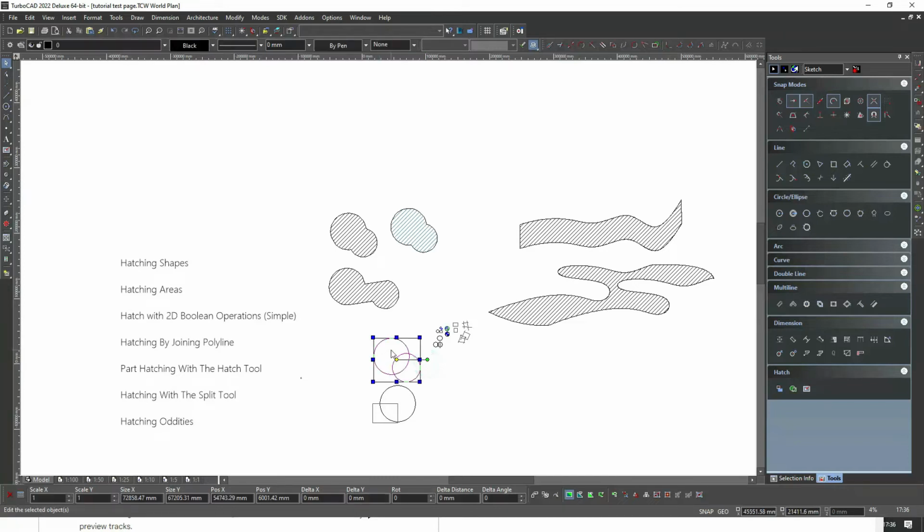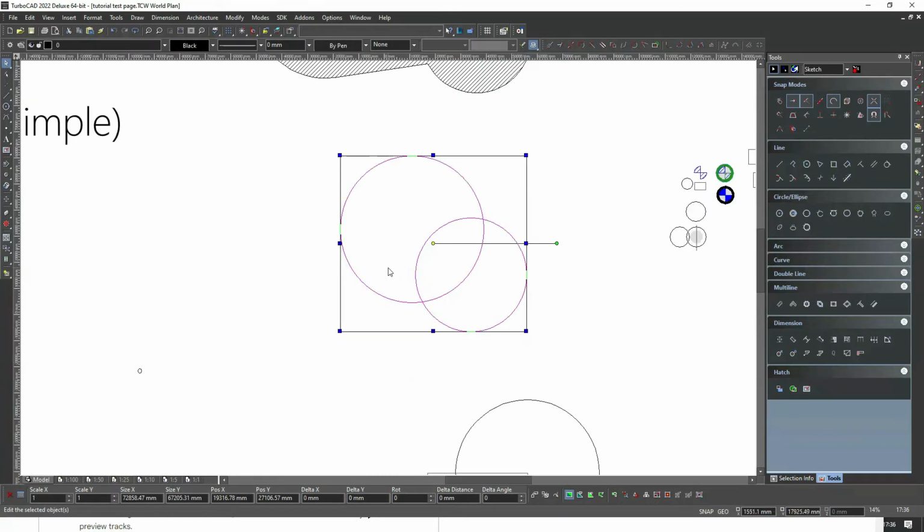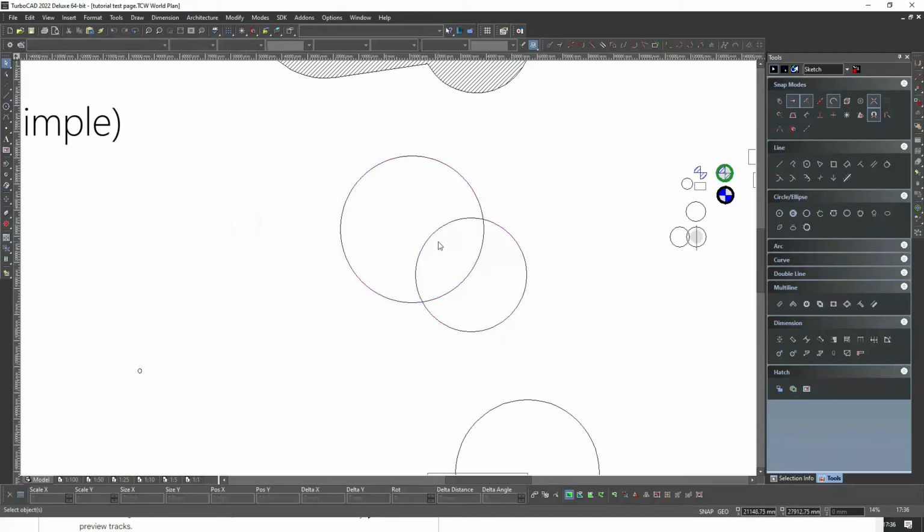This is a tool that's less familiar for loads of people. Part hatching. Well, part hatching is where you hatch just part of the drawing. So for example, if I just wanted to hatch this bit and not the rest, or if I wanted to have 3 different colors in there, would you know how to do it? Well, I do, and to demonstrate,